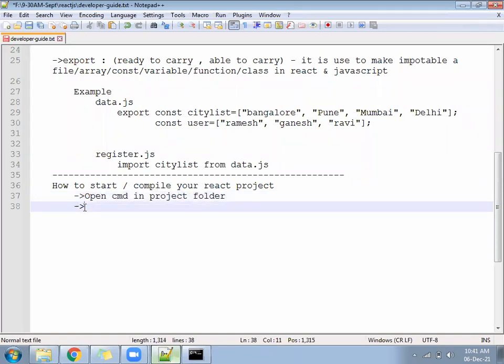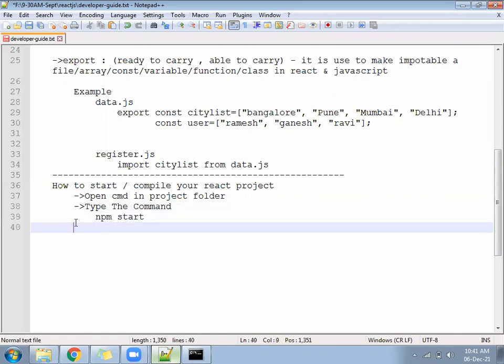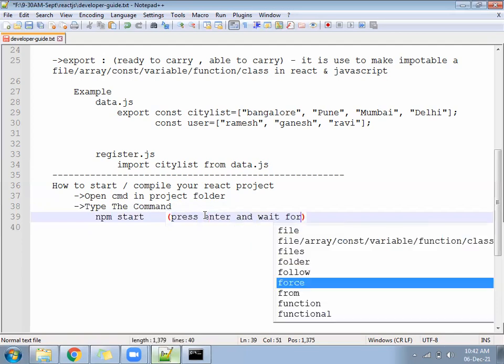Step number 2, type the command npm start, press enter and wait for compiling.